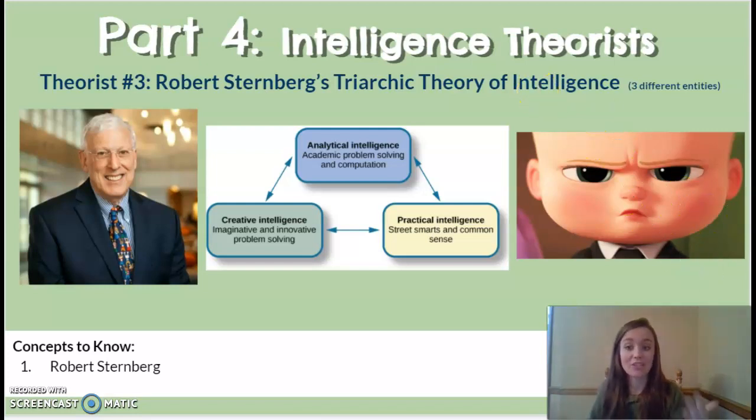So this actually ends the slideshow on theories of intelligence. The 3 main theories that you need to be familiar with are Charles Spearman's general intelligence, Howard Gardner's multiple intelligences, of which there are 8, and then Robert Sternberg's triarchic theory of intelligence, in which he believes there are 3 ways to